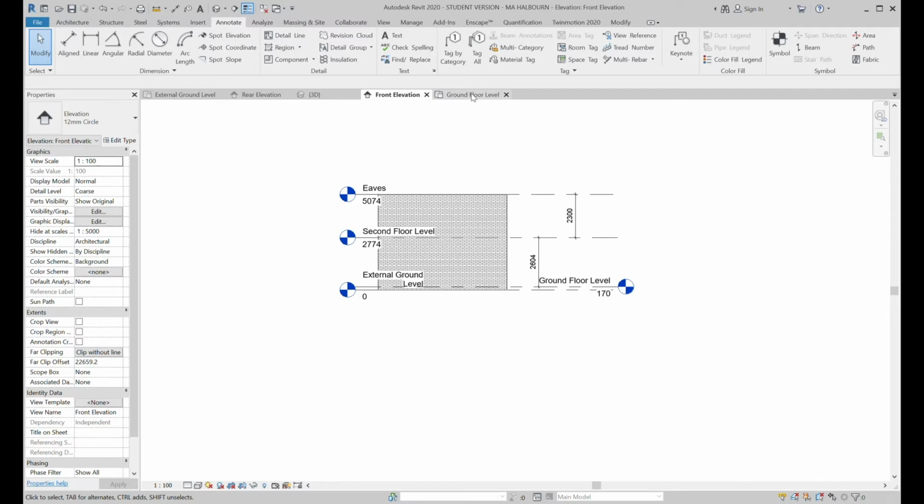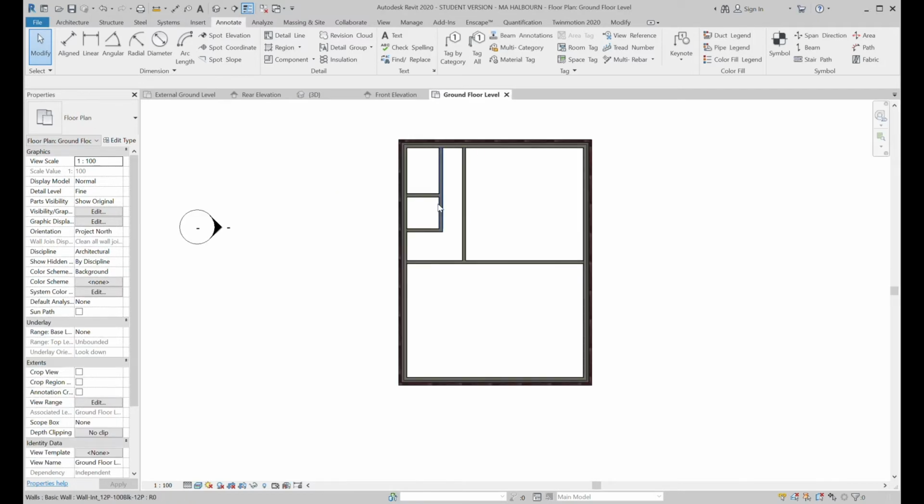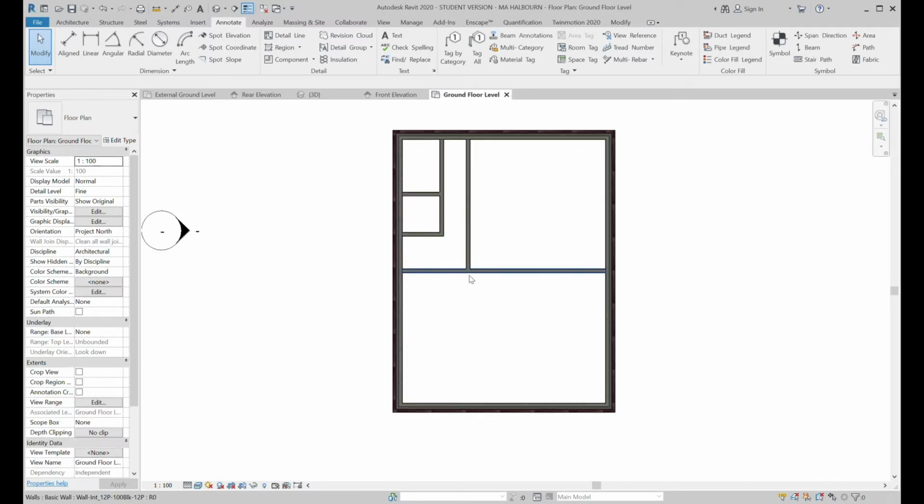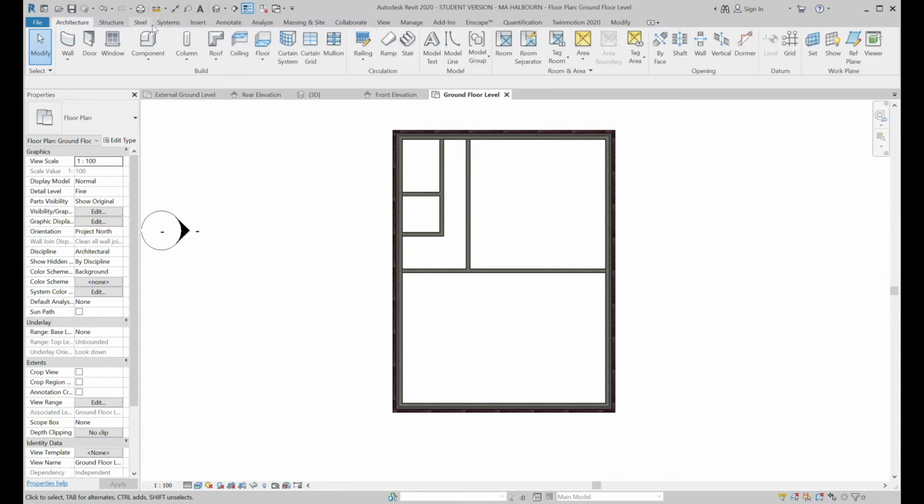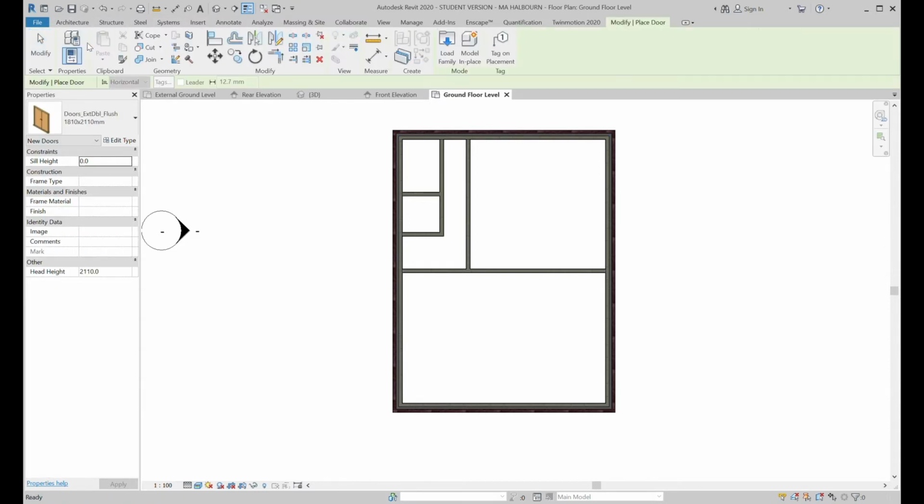So what I want to do next is go to the ground floor level and put some doors in. I'm going to work off the floor plan I've got printed out. So I know that in the kitchen we've got some external doors. I'll put the external doors in first, and that's a set of double doors which lead out onto the conservatory. So I don't have any doors in there suitable as it is, so I need to go into the